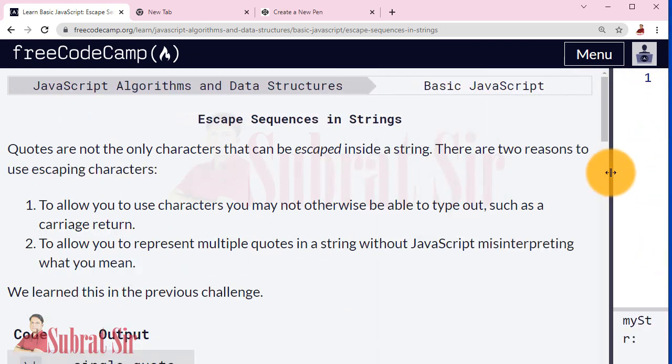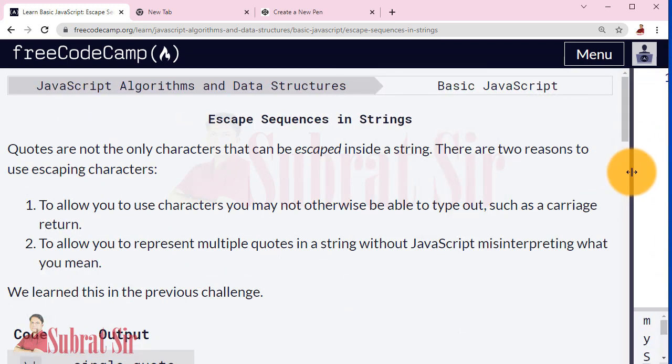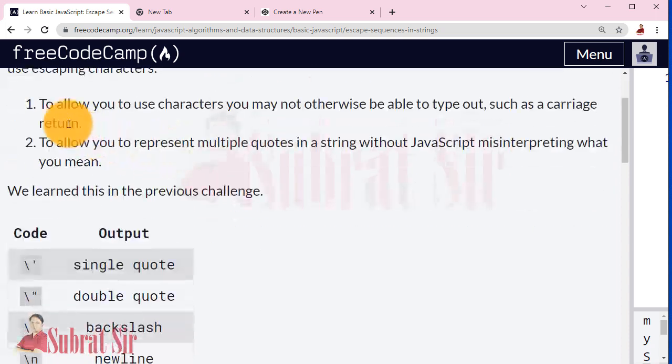So, escape sequences in strings. Quotes are not the only character that can be escaped inside a string. There are two reasons for using escape characters. Number one, to allow you to use characters you may not otherwise be able to type out, such as a carriage return. You cannot type a carriage return, so you can use an escape sequence. Number two, to allow you to represent multiple codes in a string without JavaScript misinterpreting what you mean.